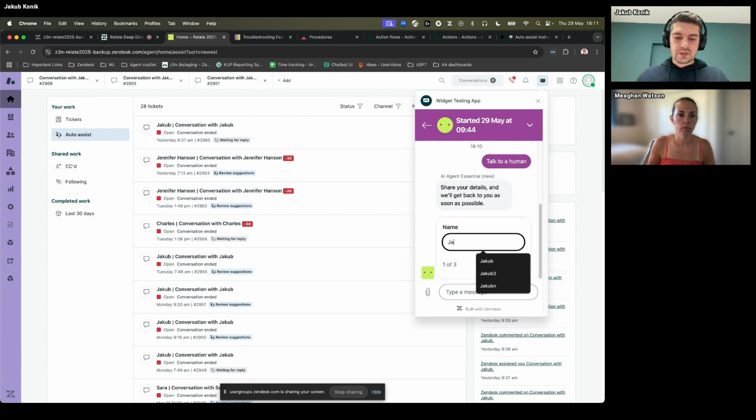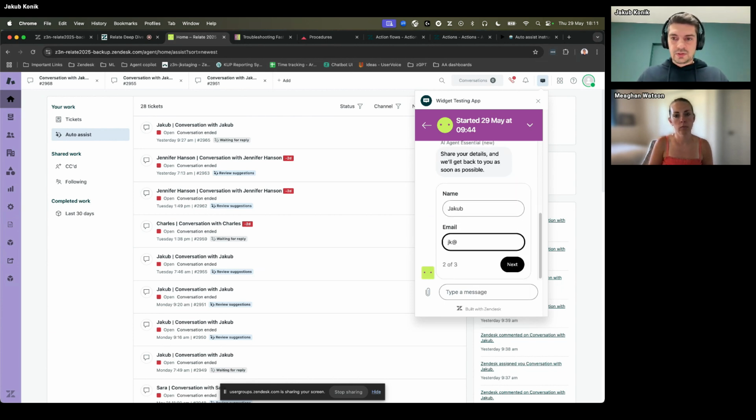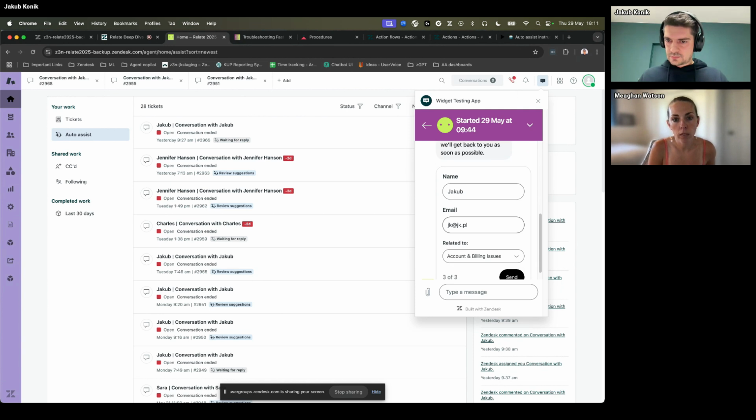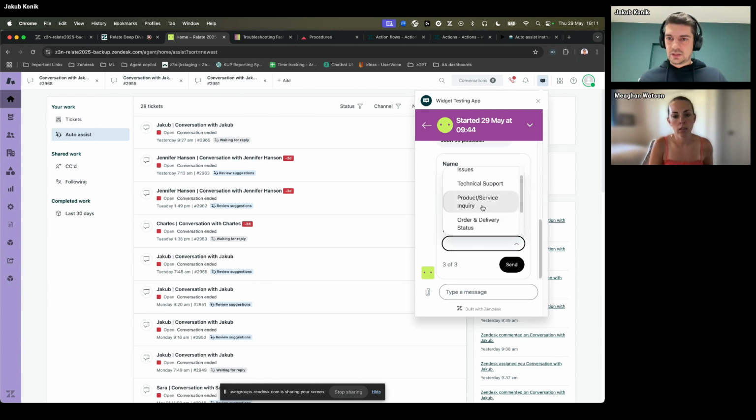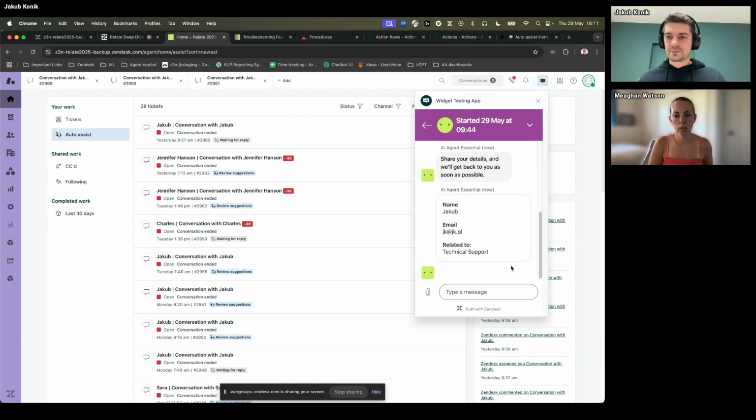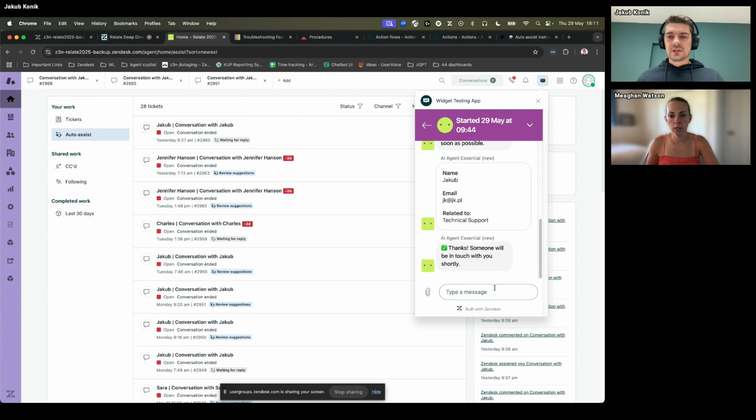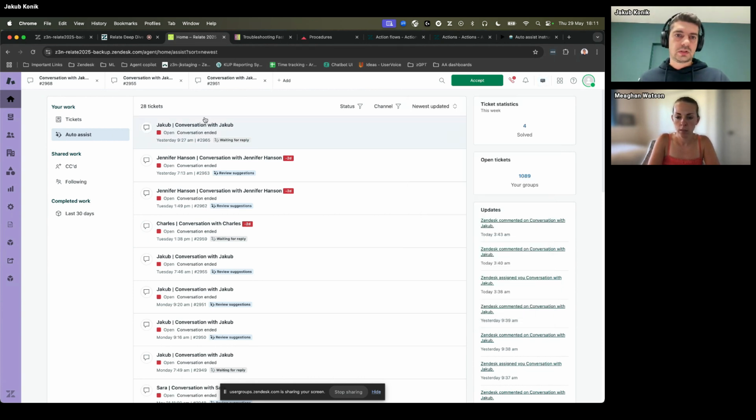And I have to share my details. So let's quickly do it. And this ticket will be about technical support. So what this is going to do is create a ticket. So here I can accept the ticket, but before I do it, I just wanted to tell you about Agent